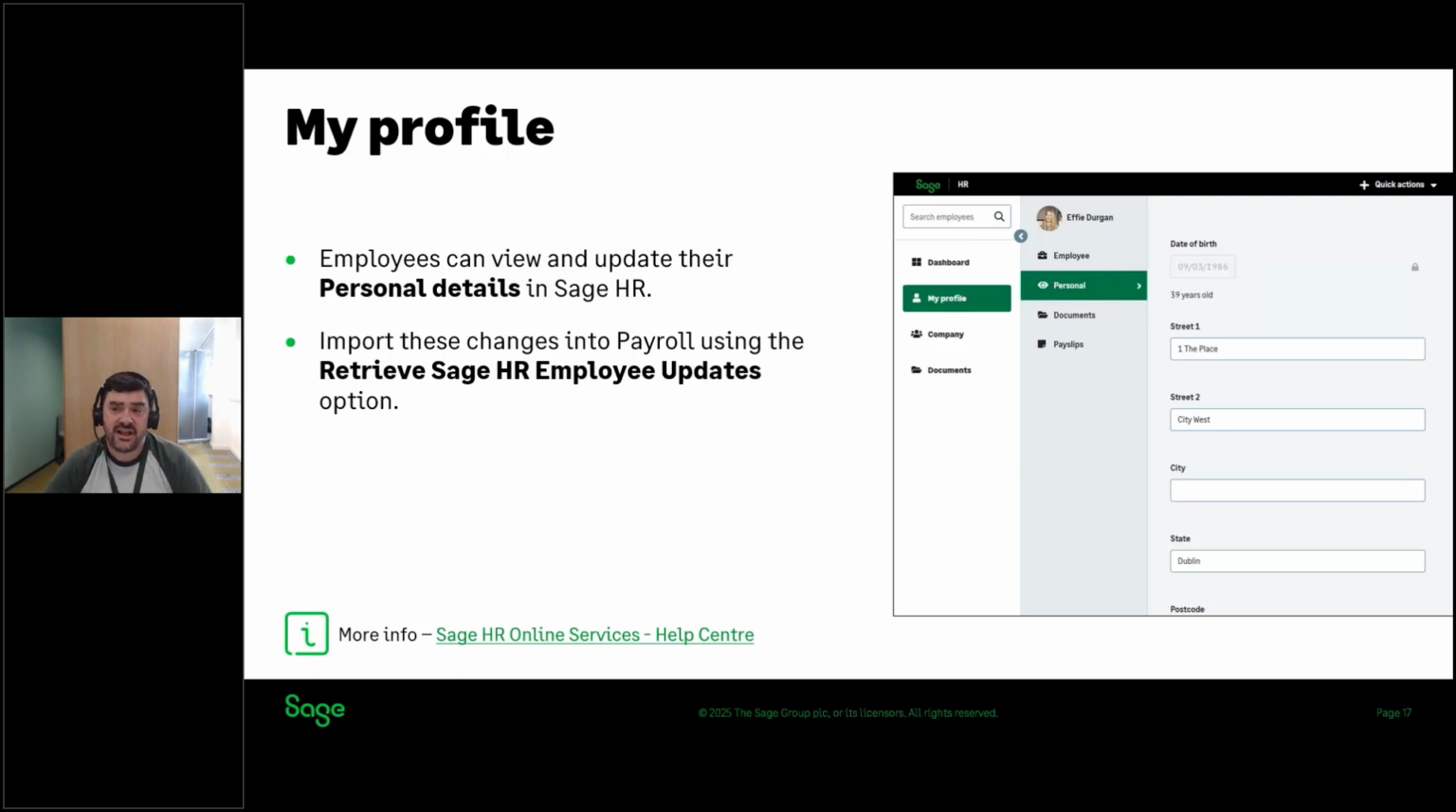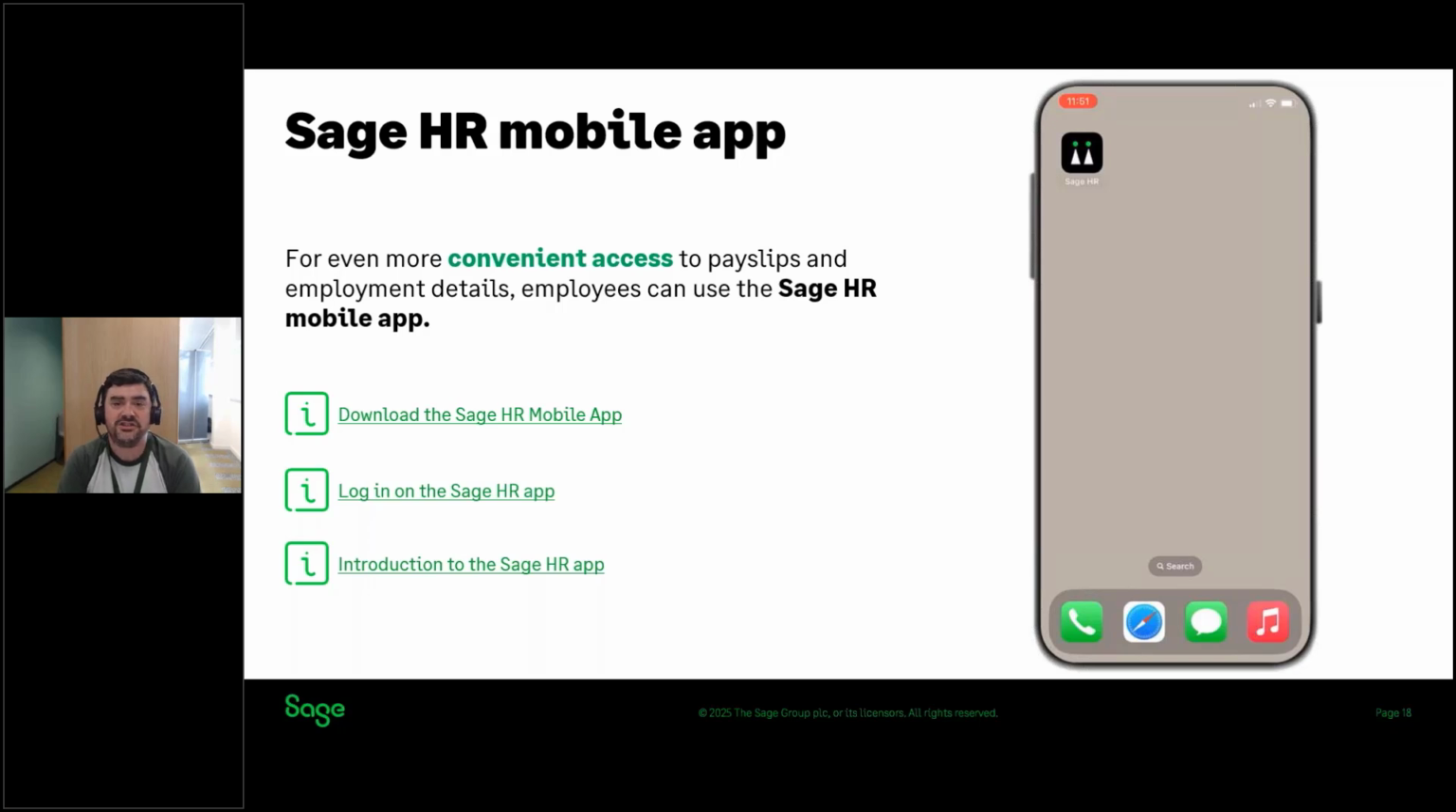Now, before we move on to that, I have mentioned the HR mobile app, and I've included some links which tell you more about that on the slide. But I'm just going to play another quick video demo of the process of receiving a payslip and using the mobile app from a